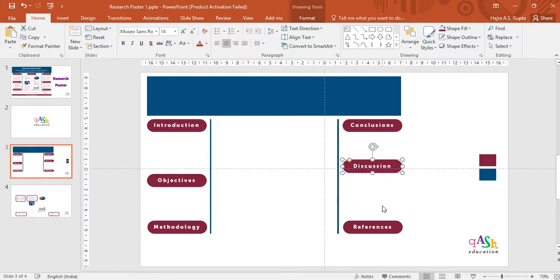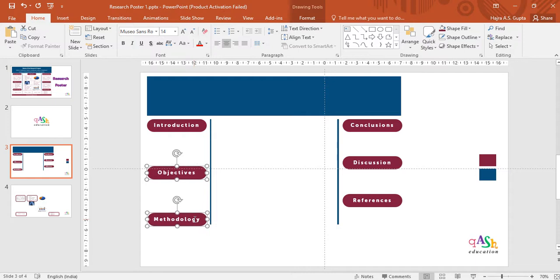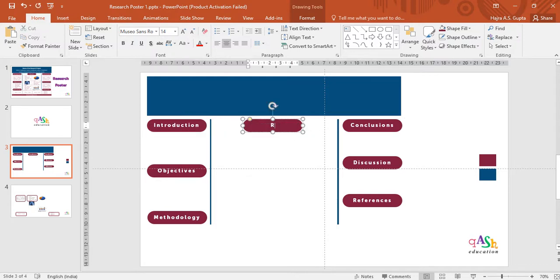So in this type of format, we are giving the huge part of the poster in the center to the results because that is the highlight. So we are making sure that we are enlarging our results. You may reduce the size of the rectangles based on the type of content that you have. Now here I am doing it to adjust it on the slide and show you how the content fits. Now I'm going to put the central heading of results, which is our main attempt to highlight in the poster.